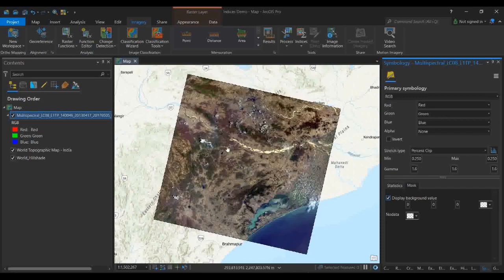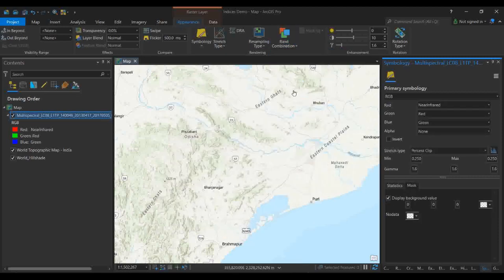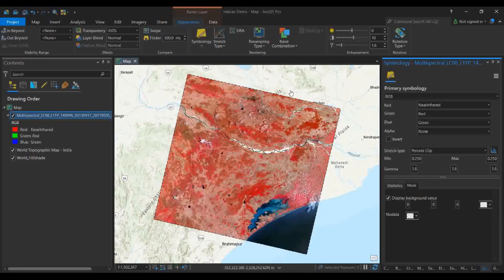If you want to convert to a false color composite, then obviously you can go to appearance and change the band combinations. I didn't show you anything over the basics of raster data processing, so that I will explain in my coming lecture, including what all this stretch actually means. Many people have requested me, sir, can you please explain satellite data processing in a very easy way. I have shown it many times, but it is a combination of other lectures. So specifically how to process satellite images, I am going to show in my coming lecture. So definitely stay with me on that.